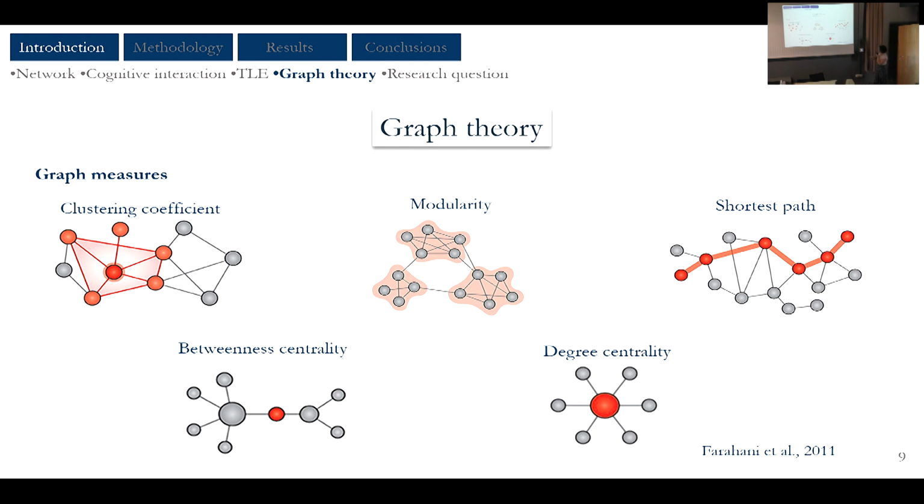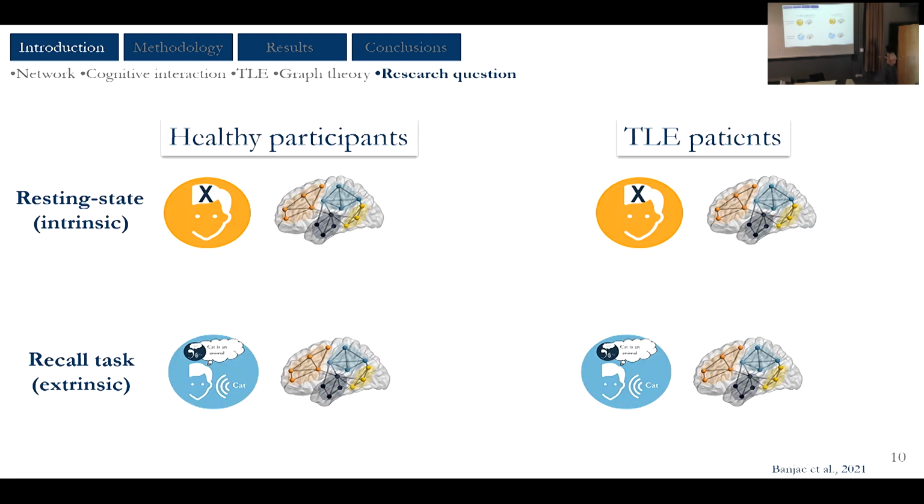Also, using this approach, we can study the network topology of different groups and see where the abnormalities of connectivity are, such as in different neurological disorders that we are interested in. So, from this neurocognitive neuroscience perspective and using a network perspective, we posed as a hypothesis that this joint language and memory network is dynamic and that it changes depending on